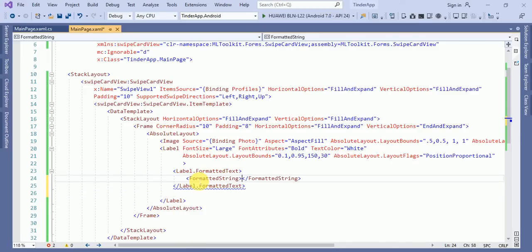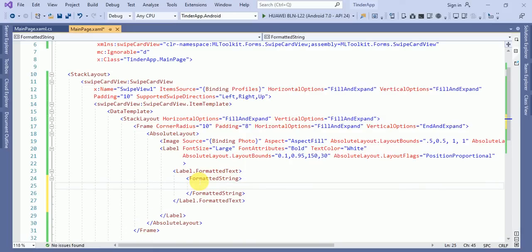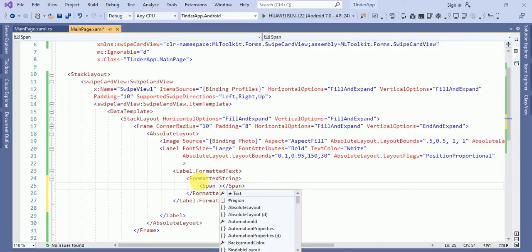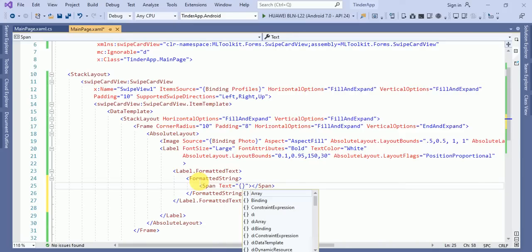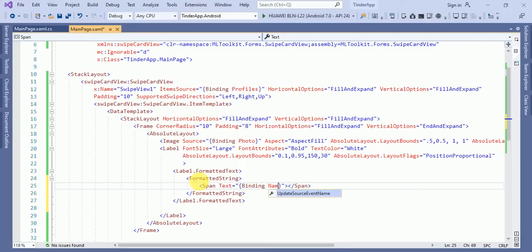Inside the format string we will define a span, and in this span we will bind our name. Okay, text equals to binding, and we will bind the name.